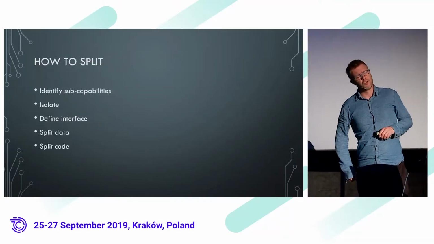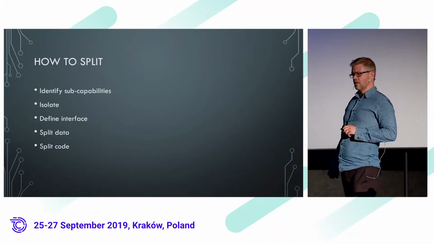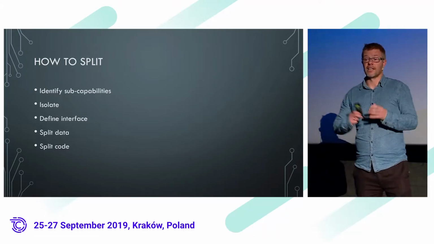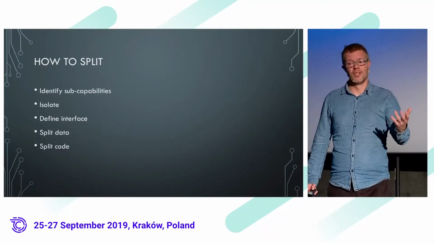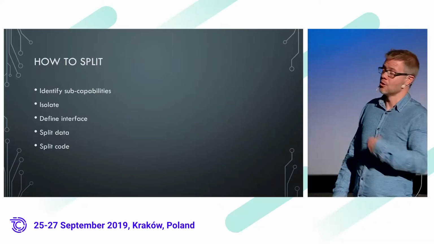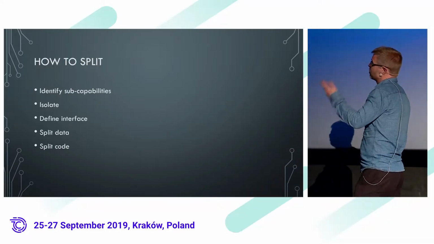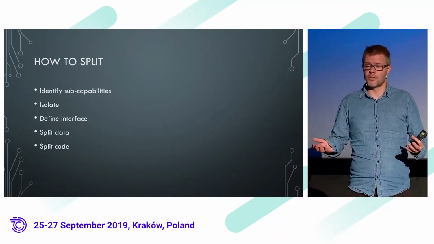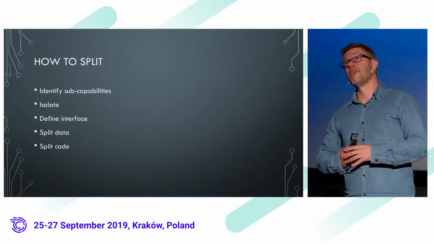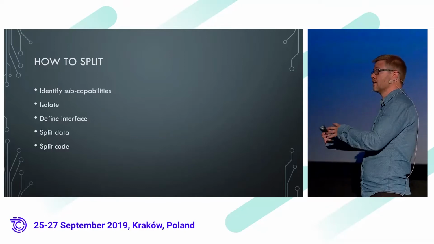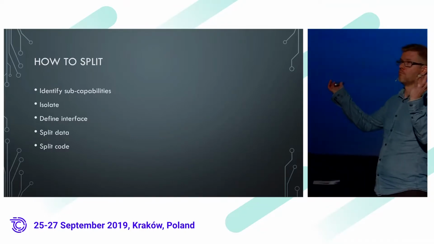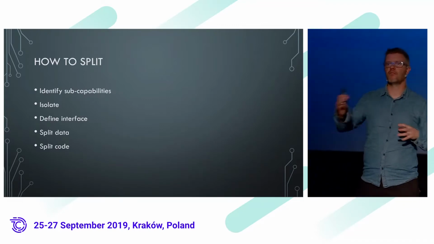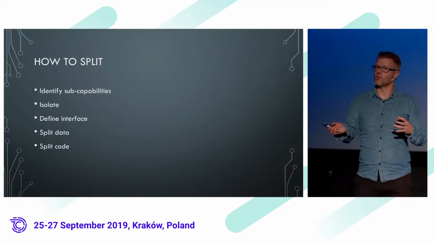Since I would rather err on the side of slightly bigger than slightly smaller, it means that if I get that bit right, I would more often split services than merge them. So let's look at how you actually split them. This is going to be a little bit quick, but the way you do it is you identify those sub-capabilities. You figure out that you had a service within, say, a loyalty program, and it was both counting the loyalty points and figuring out if people were eligible for special offers.